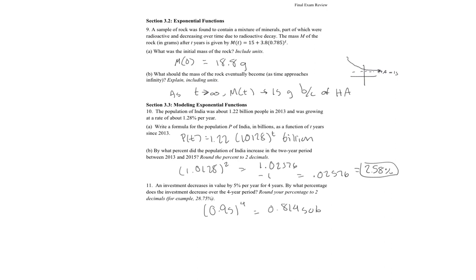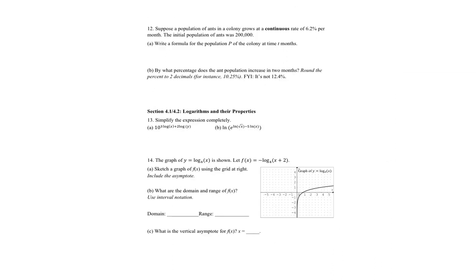0.814506. And so we want to keep it positive, so instead of doing minus 1 like we did in part B, we're going to do 1 minus that, because that'll give us a positive. So then we'll get 1 minus 0.814506, which gives 0.18549, and then if we convert that to a percentage, we'll get 18.55%. All right, so number 12, we have a population of ants that grows at a continuous rate of 6.2%